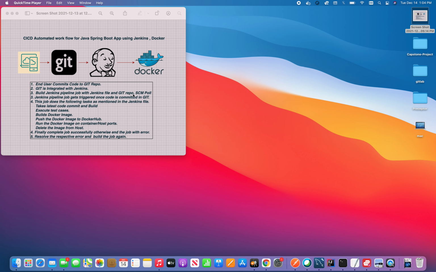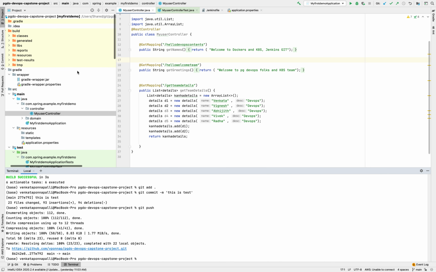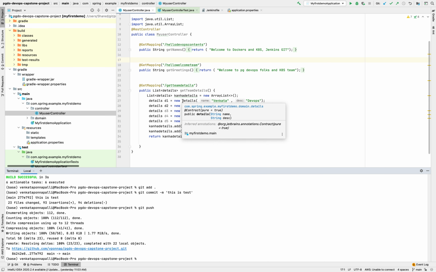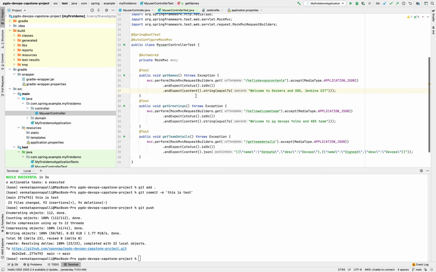Now let's get our hands dirty and see the actual flow. In IntelliJ, this is my code where I have my app. It's a Spring Boot app, a Gradle project, and it has the main controller, my user controller, and its respective test file.